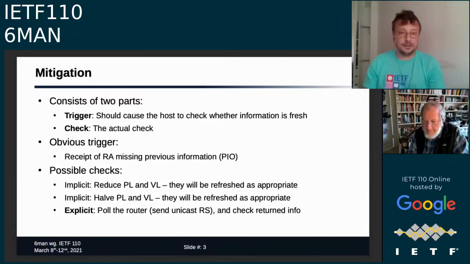When it comes to the trigger, that's probably the easy part. The obvious trigger for checking whether the information has become stale or not is the receipt of a router advertisement that is missing information. We are talking about PIOs in our case. And then there's the question of what a host could possibly do to actually check or double check if the information has indeed become stale. So here we have three different